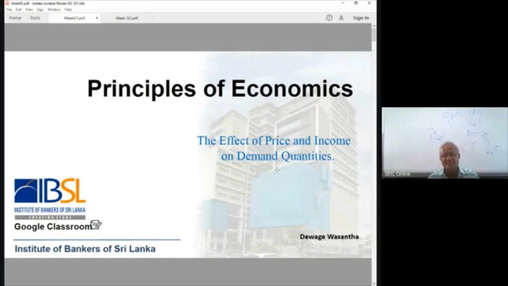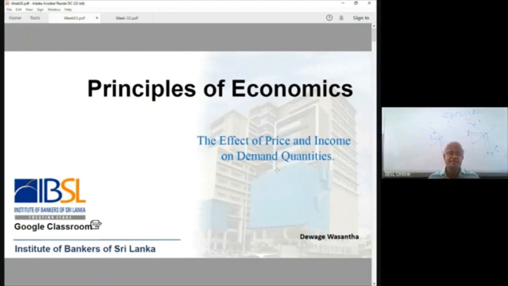Generally, you can say, I know the law of demand. I know the law of supply. I know there's a negative relationship between price and quantity demanded. But I just want to know, if price increased by 10%, by how much does quantity demanded decrease? Or if price decreased by 10%, by how much do consumers increase quantity demanded, percentage-wise? Supply also: if price increases by 10%, by how much do suppliers increase their quantity supplied, percentage-wise? In other words, in this lesson, we are going to discuss quantification of the law of demand and of the supply side,